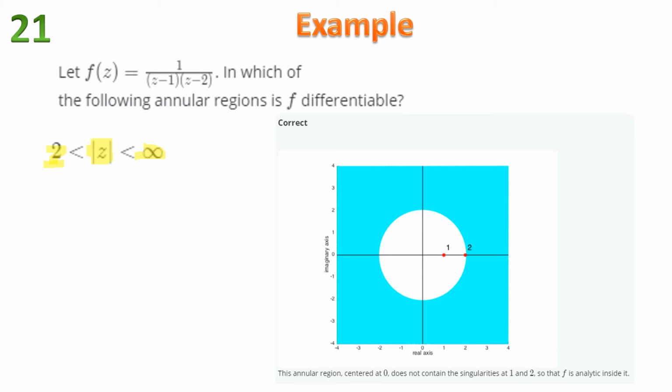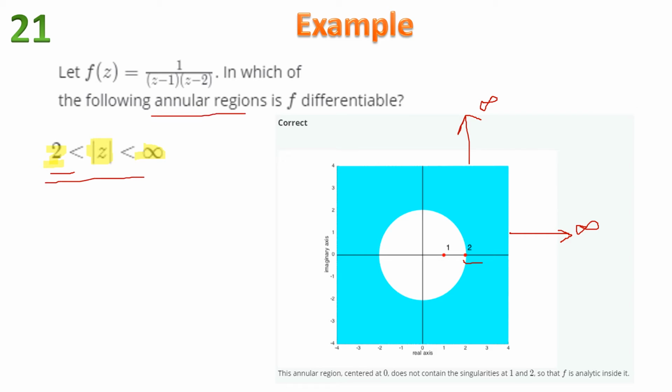So here the shaded region can be extended up to infinity, does not matter. So 1 is not included because mod of z is greater than 2, and 2 is also not included, and therefore both the singularities are excluded from the annular